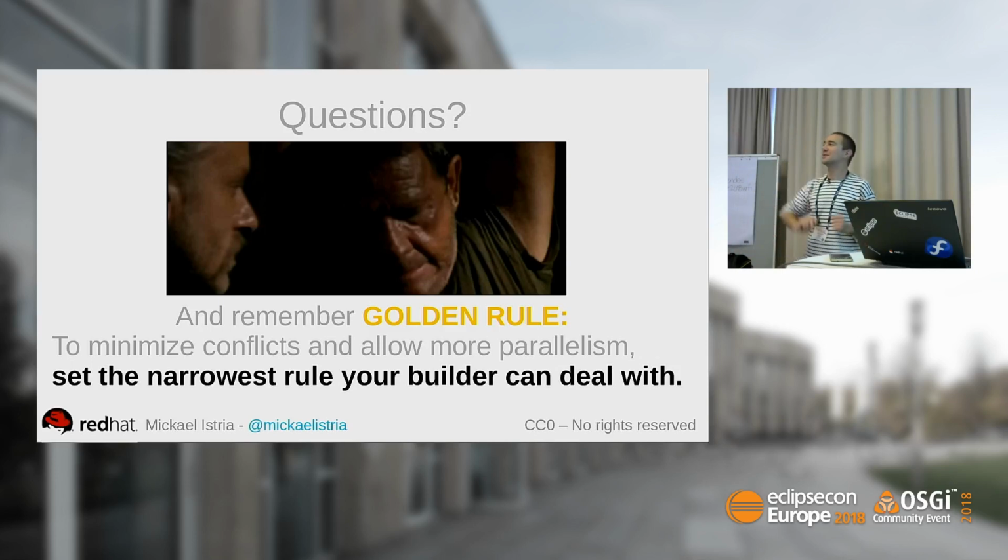From right to left, so your turn. Yeah? Have you experienced any issue with error markers and builders? In my team, we have a setup which does a Maven import of a 3D project which is not large. And if we start using parallel builds, sometimes it's really hard to pinpoint the issue, but sometimes we see that there are error markers which are actually spurious. It says that one of the project dependencies cannot be built, where it's actually fine. It's just the markers not being removed. So deleting the markers fixes the problem.